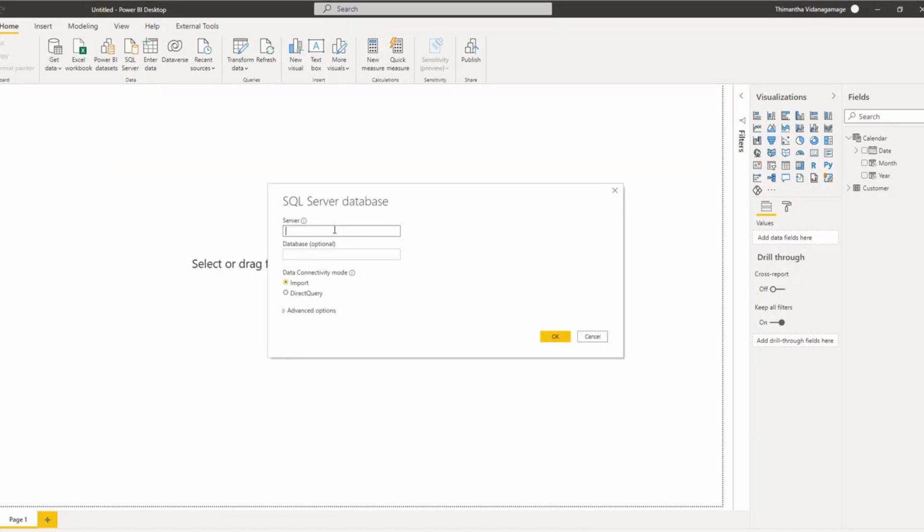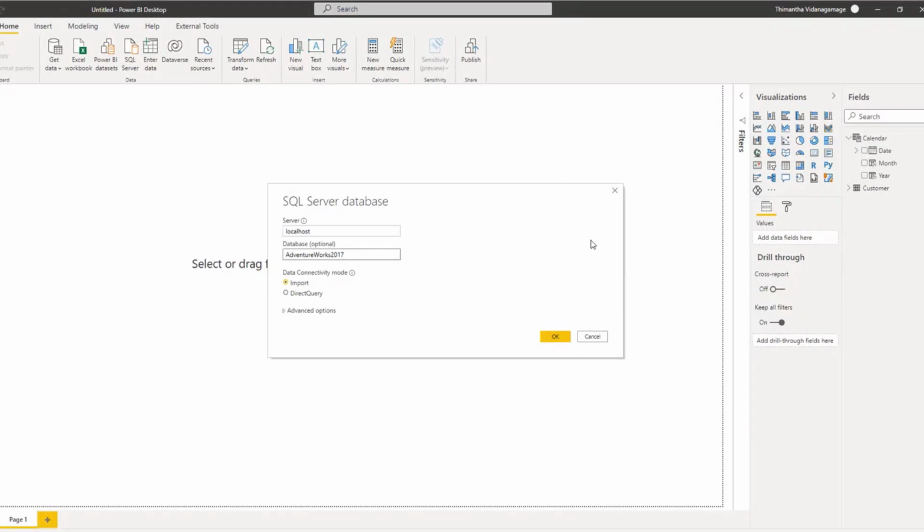In here, I would type out localhost, and I can go in this direction, or I can just type the database name and go in that direction as well. I'll go in this direction so that you would remember this better. Just to let you know, there is an option called recent resources on top. You can click on that and access the data source that you are connected to and get the other tables that I wanted as well.